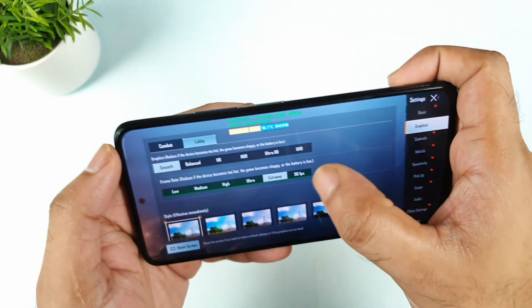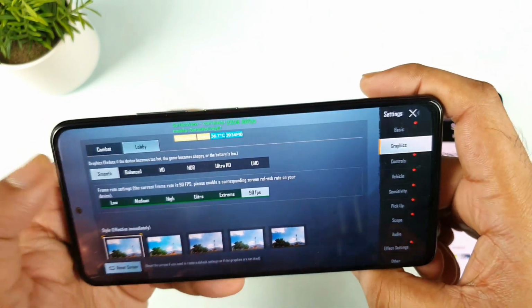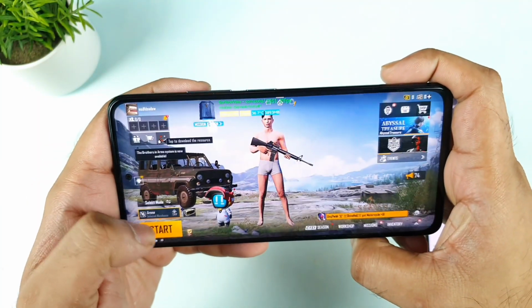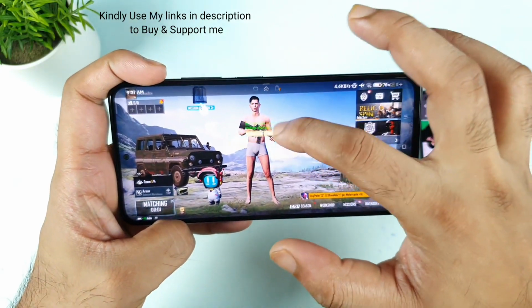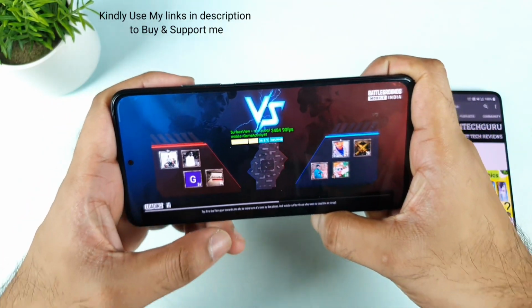Let's see what happens to the real-time refresh rate. This is the real-time refresh rate, changed to 90 FPS. As you can see, this config file is actually working without much stress on the MI11X device. First, let's do the normal team deathmatch test on the MI11X device, then I'll do the drop test, and then I'll end this video.